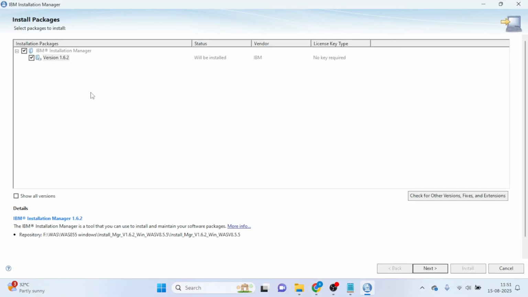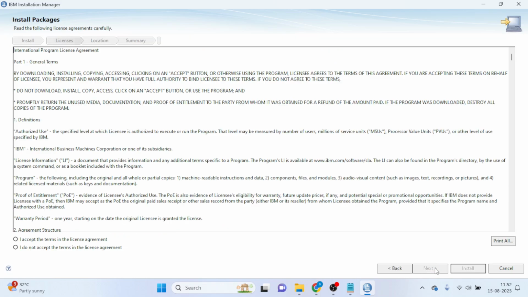Okay. So the IBM Installation Manager version is 1.6.2. Then click on next. We need to accept the license agreement. Just select it here